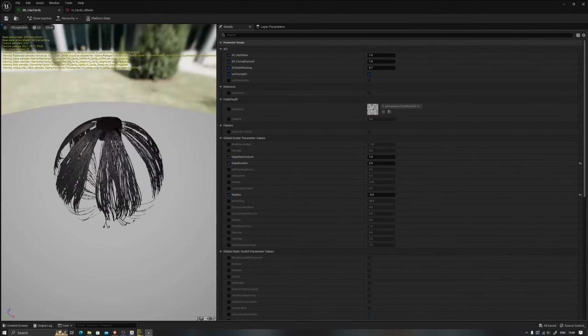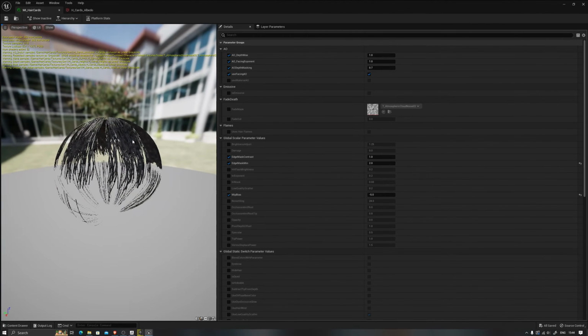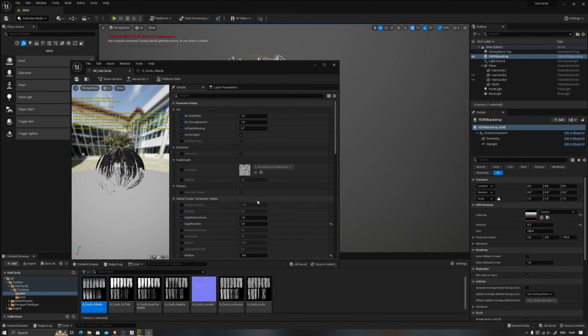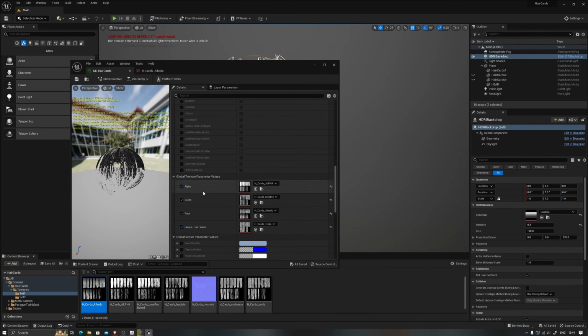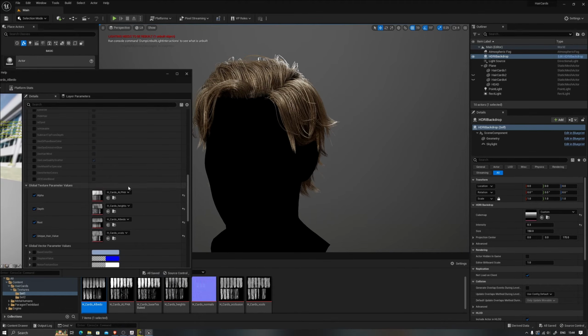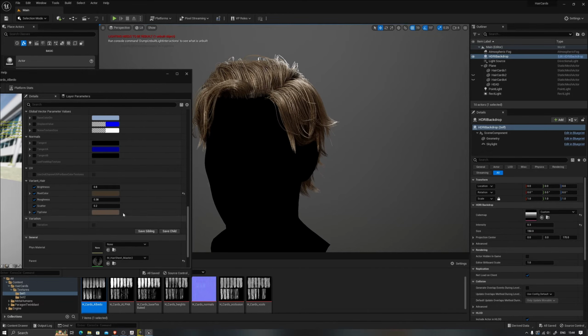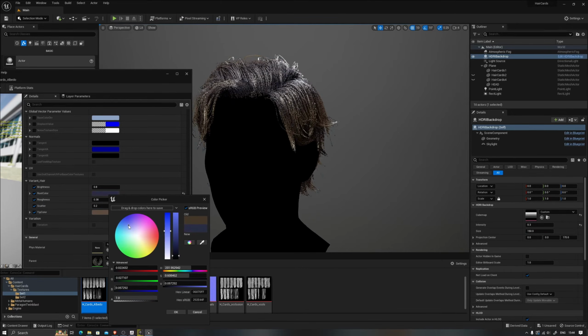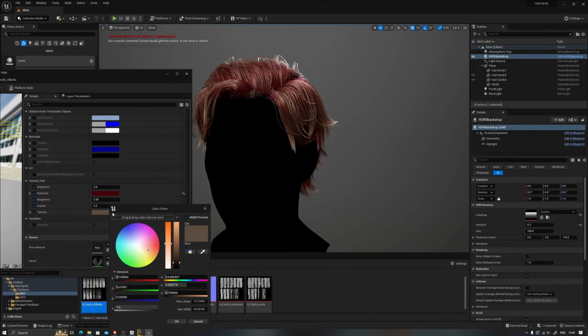So I'm using this Paragon hair material instance, and I'm just replacing the alphas, or you can say replacing the texture map with my specific texture map, and then I'm just applying it to a hair card that I have created, right? Also, you've got brightness, root color, roughness, and stuff which you can play with. Really, it's completely dependent on you. You can make some kind of redhead, blue haired,